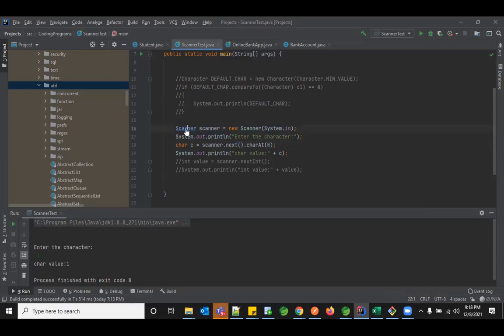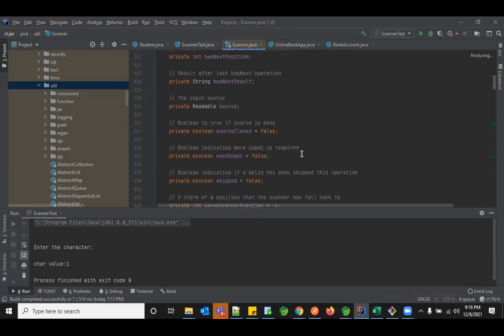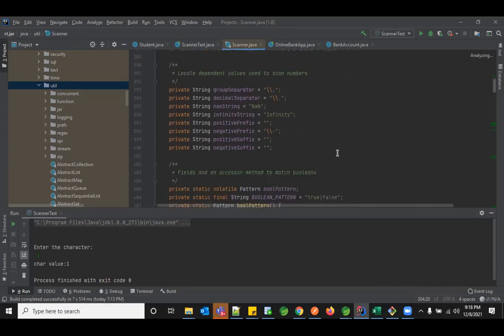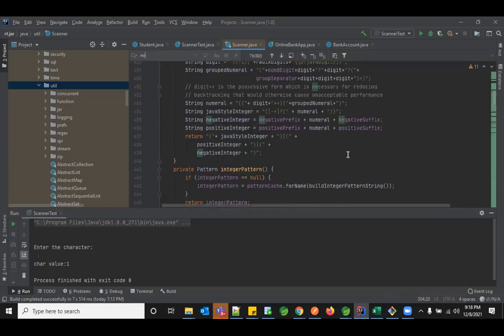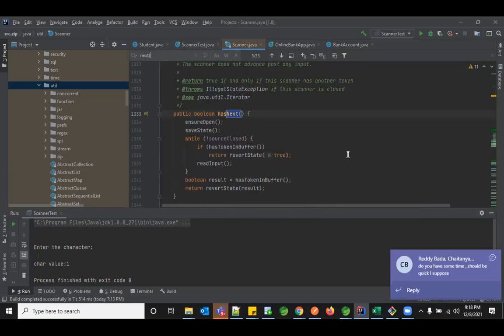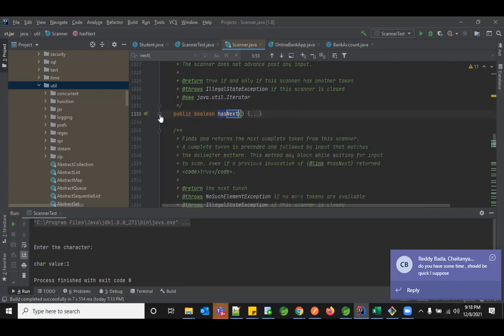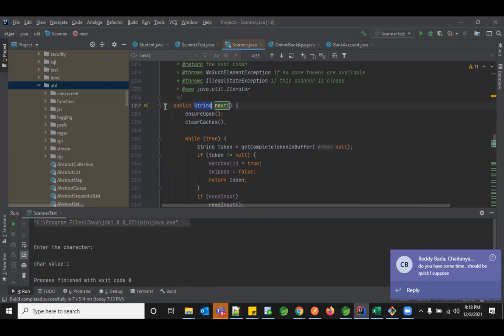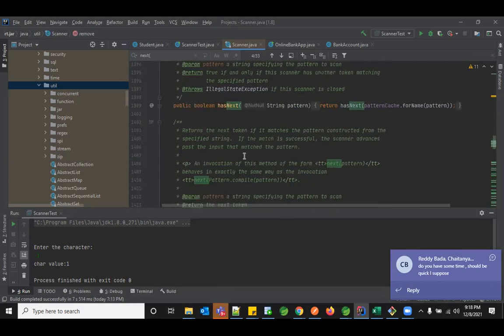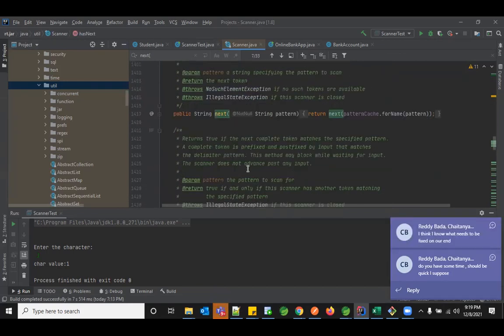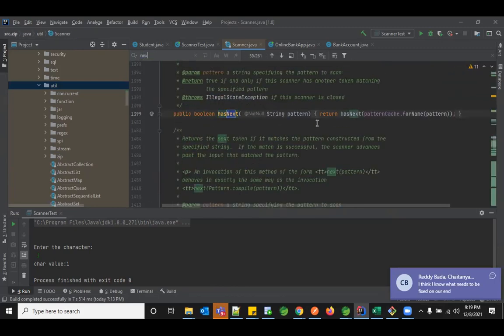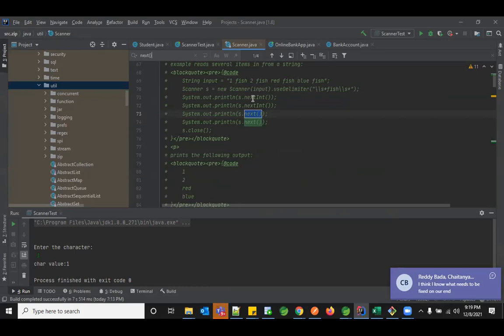This Scanner class has multiple methods and variables. If you see here, we have something called hasNext, a boolean. We have something called next, which returns a string, and something called remove. There are multiple methods like boolean ones, which can accept one kind of parameter. Basically, if I wanted to find next, I have nextInt, I have next. So there are multiple methods. But right now we are going to use only 2 things. You can explore this Scanner.java in your own way.